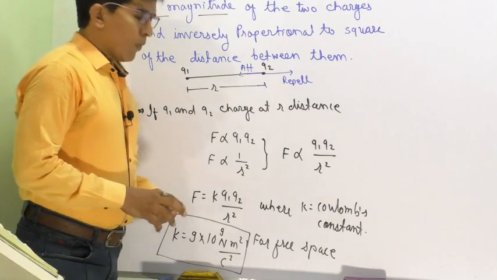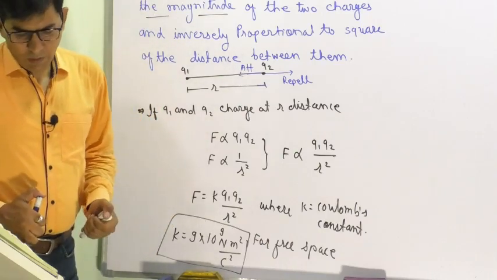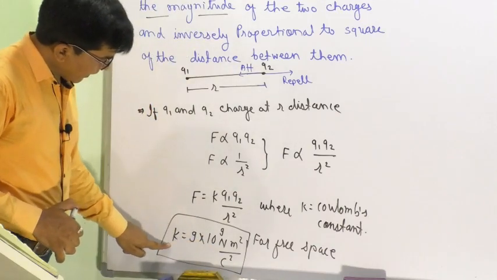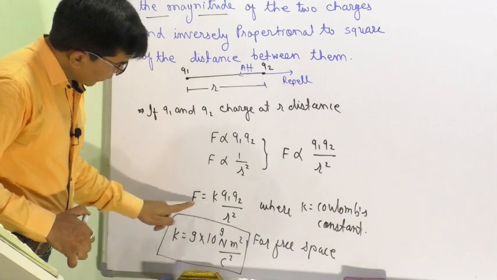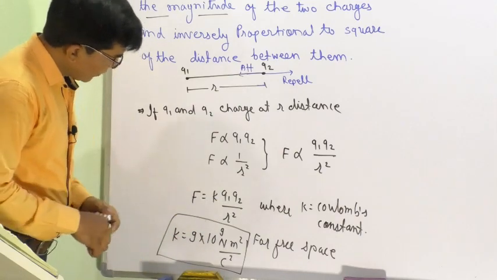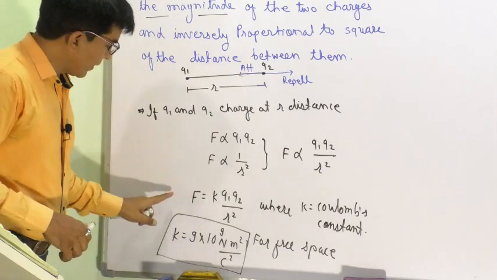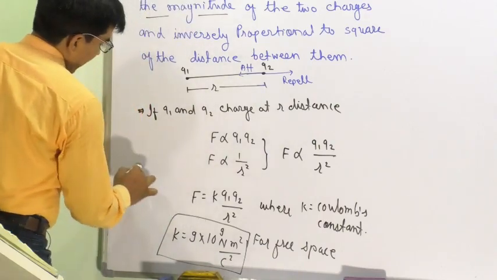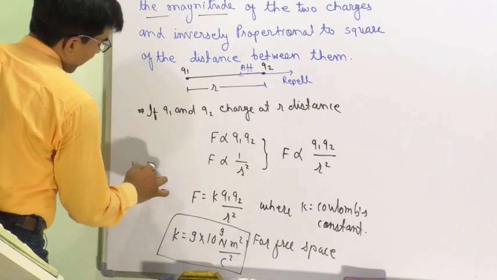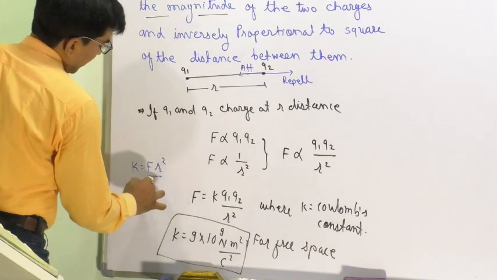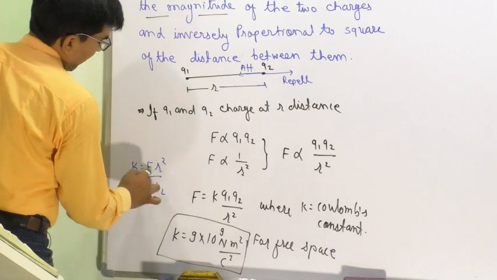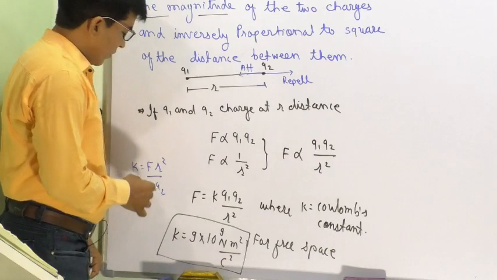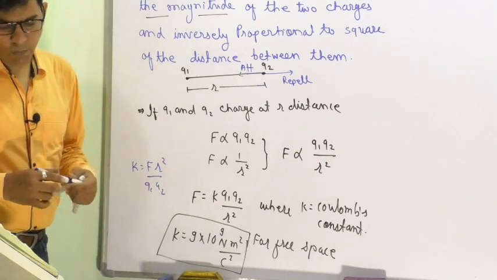So this is the simple form of Coulomb's law. Yes, we have derived this unit from K is equal to F R square upon Q1 Q2. Can you understand? Or should I derive here? Yes, you can understand. Because K is the main term, therefore F R square upon Q1 Q2, F Newton, R square meter square, and Q1 Q2 Coulomb square.